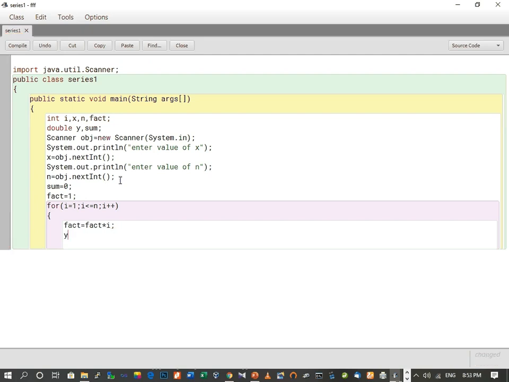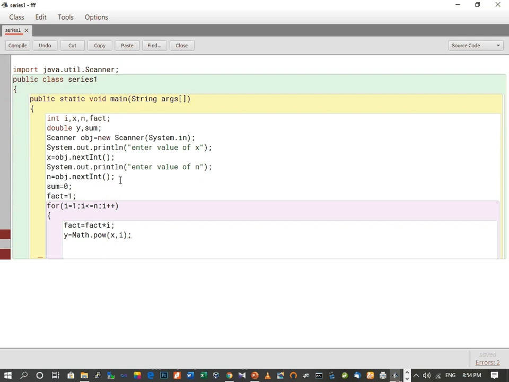and we also find out the value of y as we did in the previous program, that is math. We have to find out the powers of the number. So math dot power x comma I. So this is going to compute x to the power of 1, then x to the power of 2. This we have learned in the previous program.